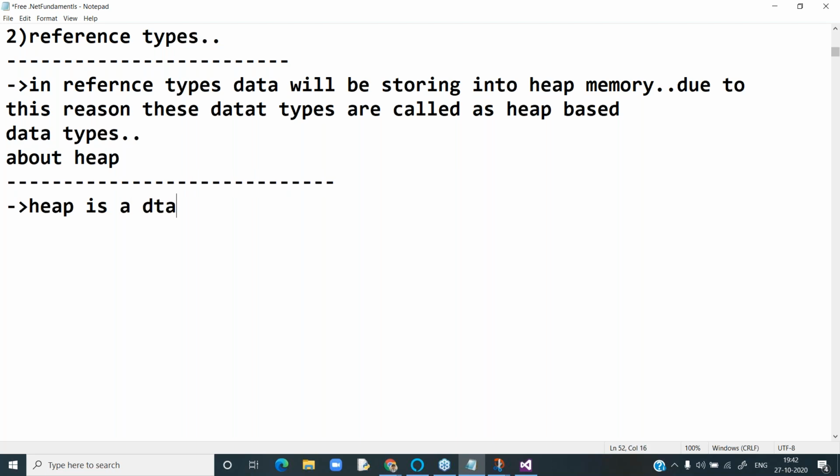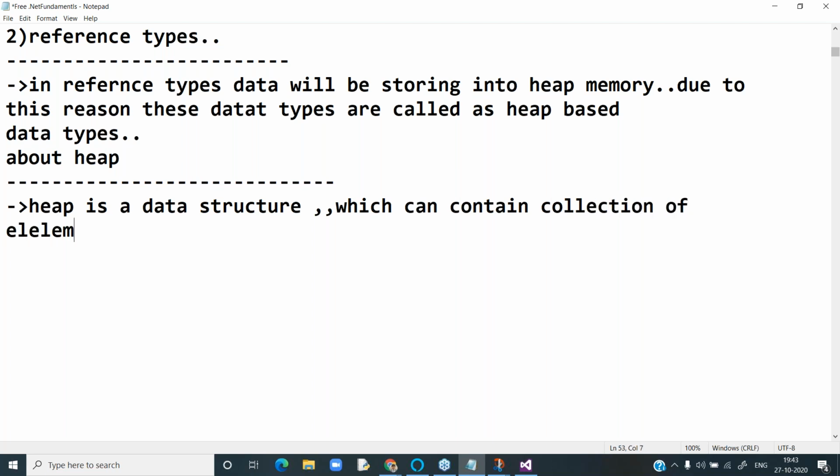Finally, we can say that heap is in the form of a binary tree structure. So that is the story about heap.